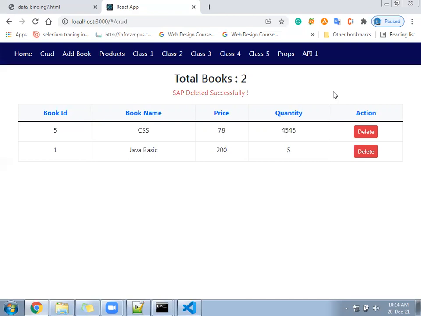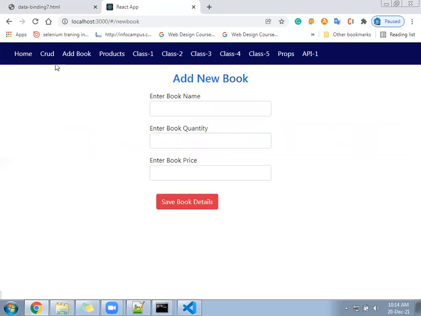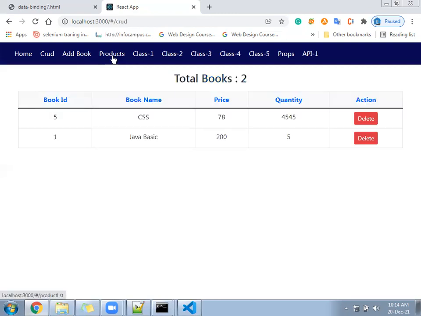Okay. So clear till here. If anyone asks you to display the list of items in the same component, which component? See, you have created a page called new book for new data purpose, and a page called book list.